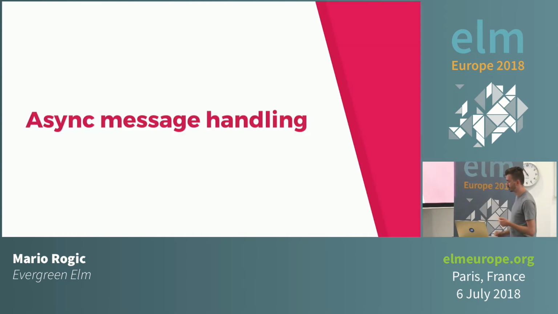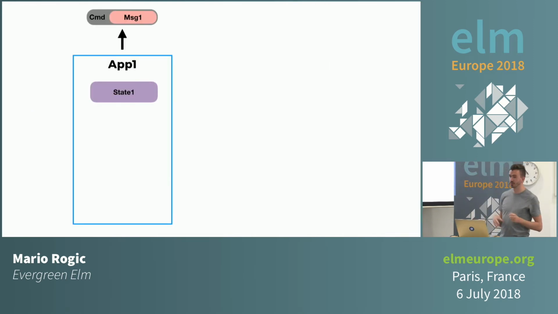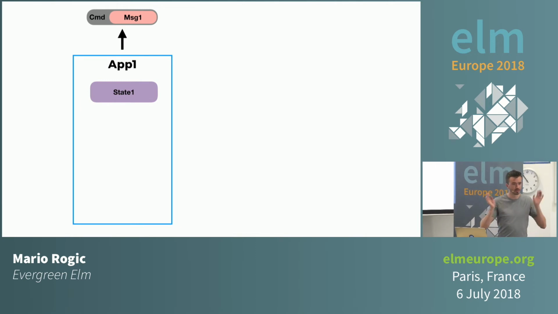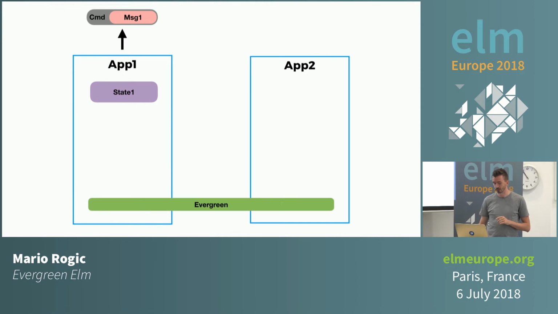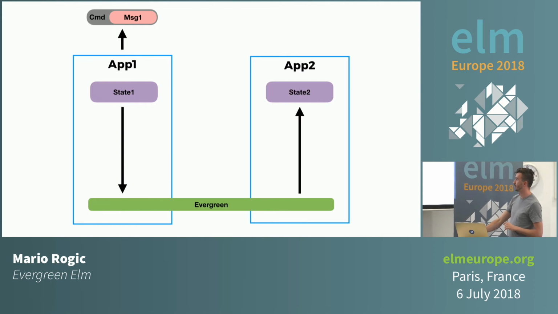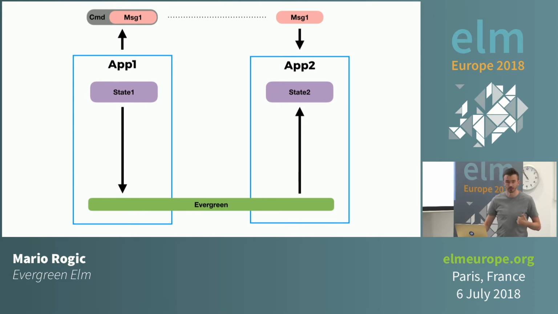The first one I'd like to run through quickly is asynchronous message handling. So you can imagine we've got an application, it's been running, a whole bunch of things have been happening, and maybe one of those things is we've sent out some sort of command that will give us back a type of message one. So maybe we've sent an HTTP request, we don't know when it'll come back, maybe we've asked for a random value or who knows what. And so there's a bit of a race condition here where maybe as we fire that request, we're also upgrading, we've released a new version of our fantastic app, and our state has gone across to application 2, and at some later point, maybe that message returns.